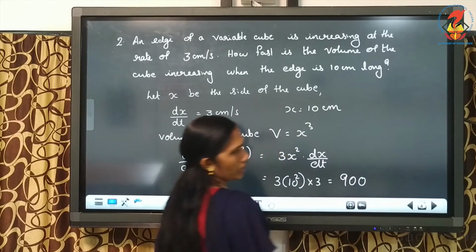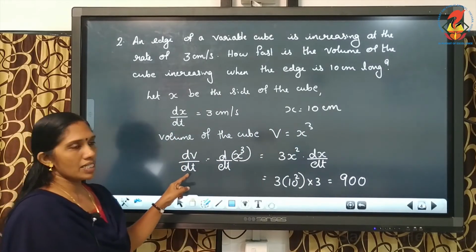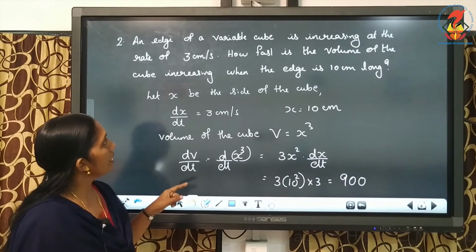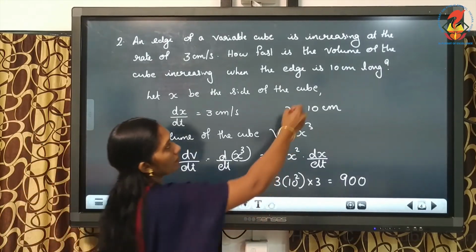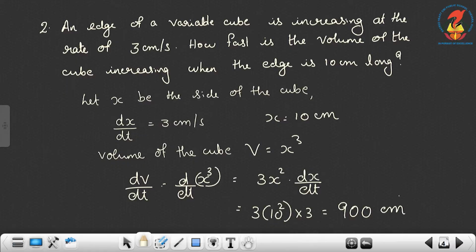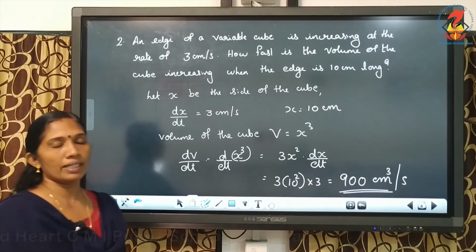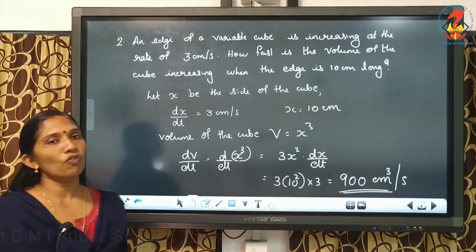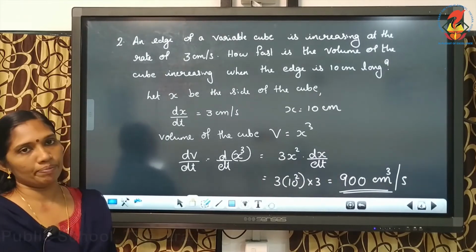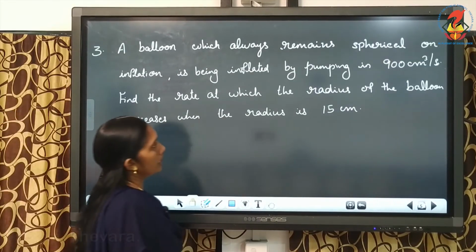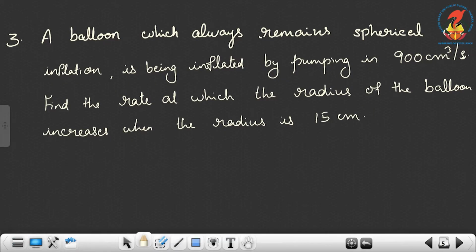Now what is the unit? dV with respect to t. V is volume. Volume, centimeter means centimeter cube, per with respect to time, that is second. So 900 centimeter cube per second, that is the rate of change of volume with respect to time. Understood? Now third one, a balloon which always remains spherical on inflation